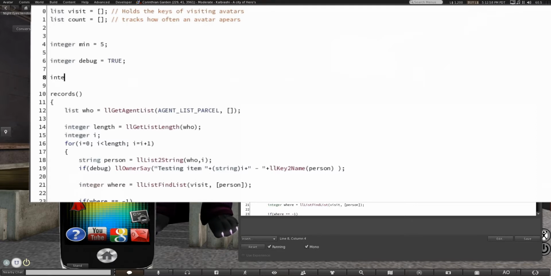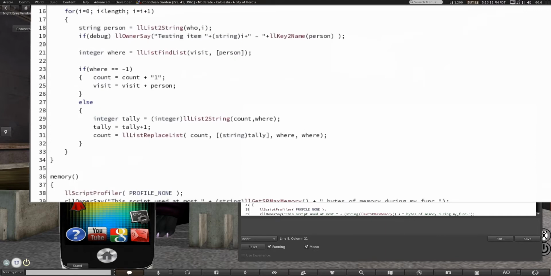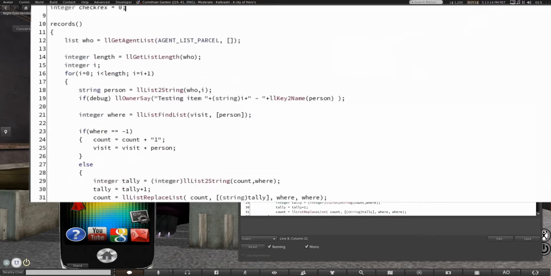So, integer check record equals 0. So instead of a for loop,